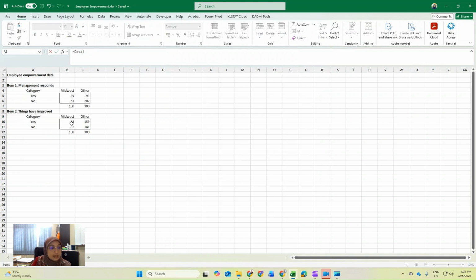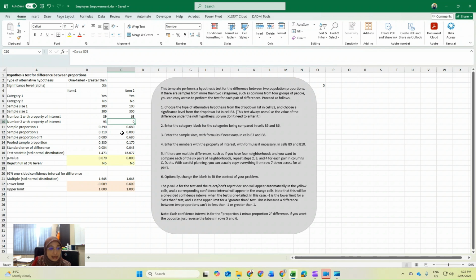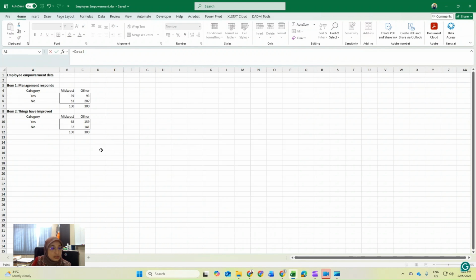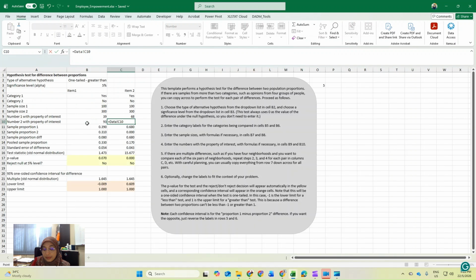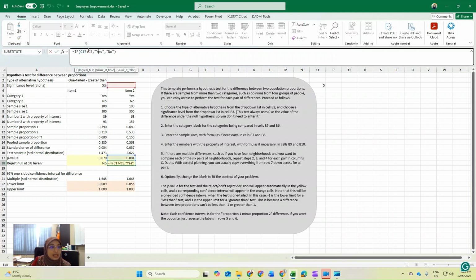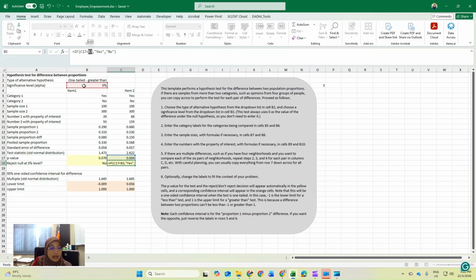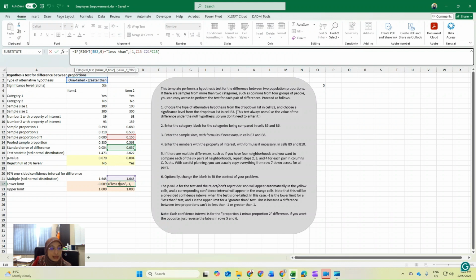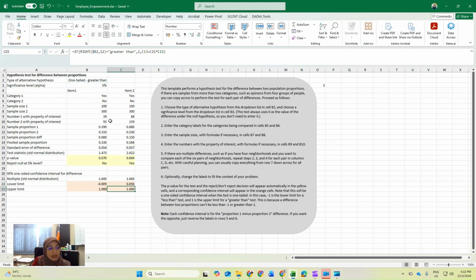The proportion of interest here is 68, equals to this one. And this is also not C3. You can see the empty cell, so you have to change it to here. Enter. Make sure there's no C3 and that everything has figures there.